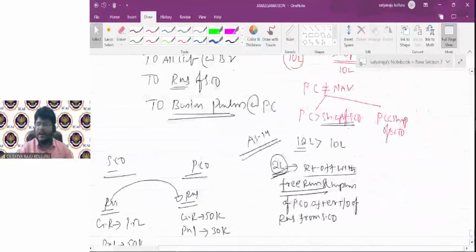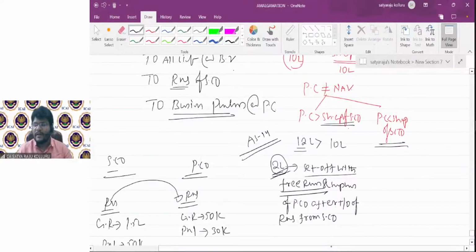Next, you can come to the other situation. Sir, if PC is less than the share capital of the selling company, it is a profit, but you should not treat it as a revenue profit. You should treat it as a capital profit. Why, sir? Loss you treat as a revenue loss, but profit you treat as a capital profit. The reason is very simple. If you treat this profit as a revenue profit and transfer it to the P&L account or general reserve,